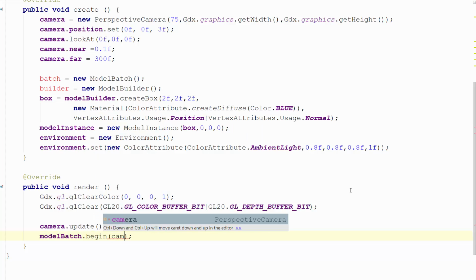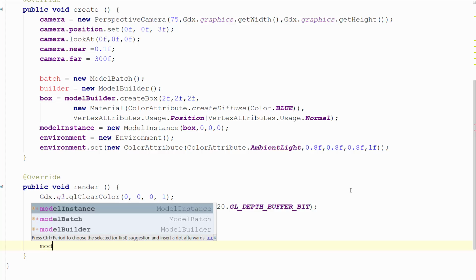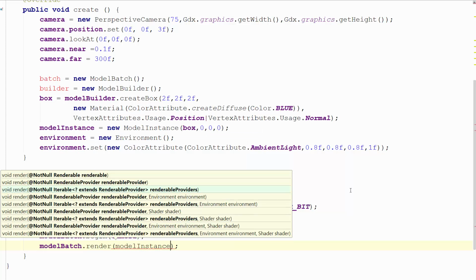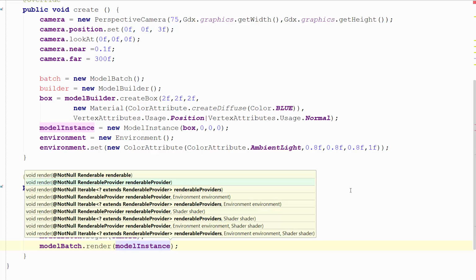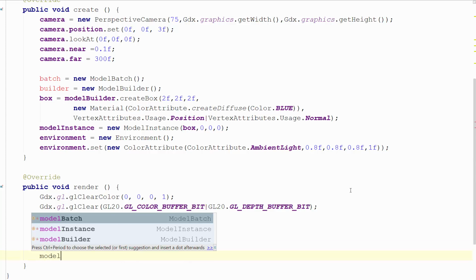Begin and pass in the camera to use for positioning, and then you go ahead and render each batch in it. So model batch dot render, and we want to render our model instance like so. This is just like when you're working with sprite batches, just instead of sprites you're dealing with models. And now you tell it you are done,